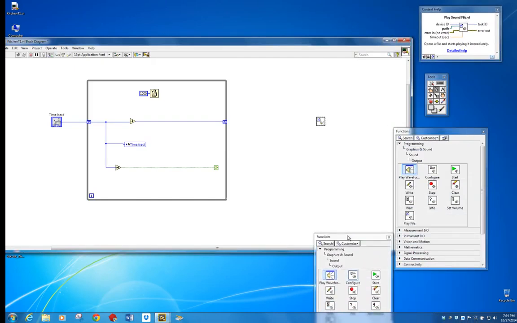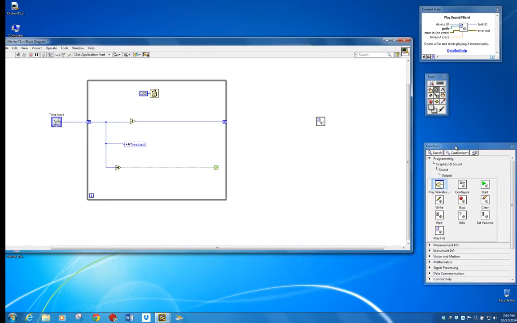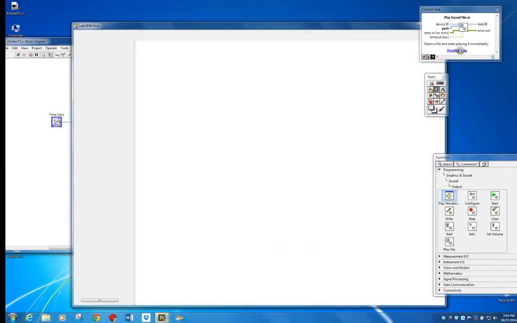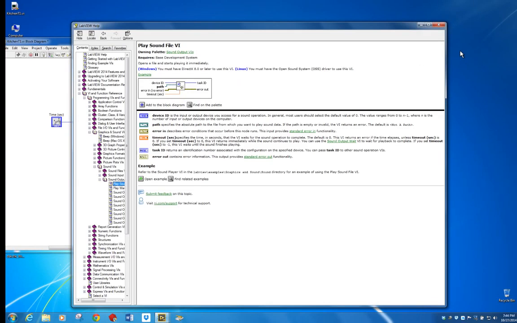Now I want to look at the context help menu to learn how to use it. I've got too many windows in the way. So I've got this play sound file VI highlighted. This is telling me how to use it. It requires a device ID, a path, and there's a timeout input. If we check on the detail help, we get much more information about how this thing works. Let's see here. Timeout in seconds, for example,